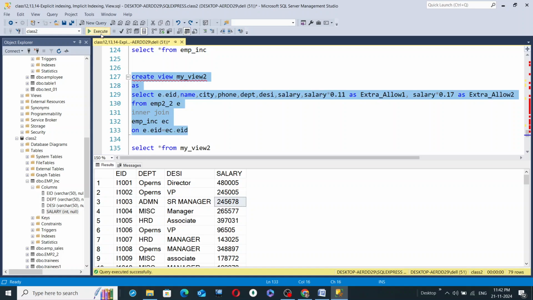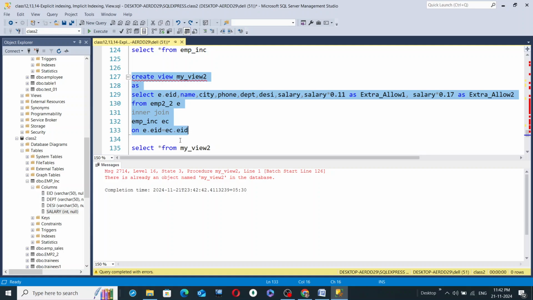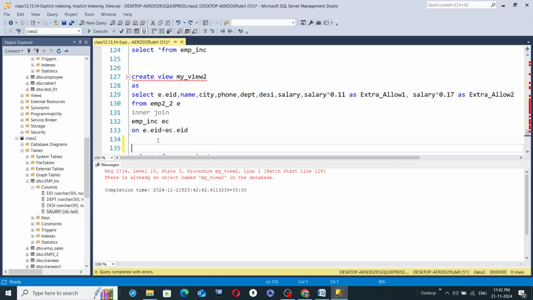So select and hit the execute button. There is already an object named like this because the view was already created. So DROP VIEW, then give the view name, which is my